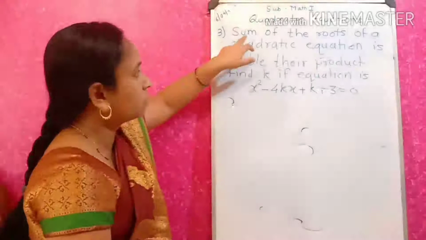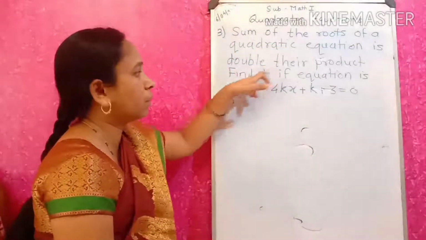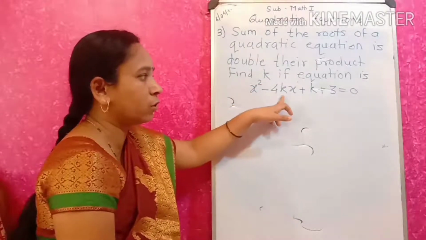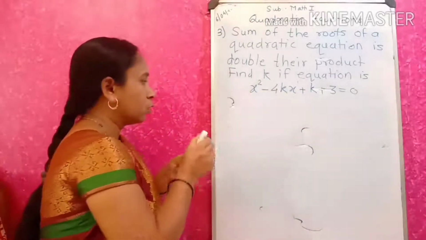Third example: the sum of the roots of a quadratic equation is double their product. Find k if the equation is x square minus 4kx plus k plus 3 is equal to 0. Solution,